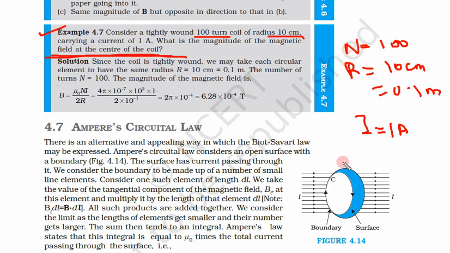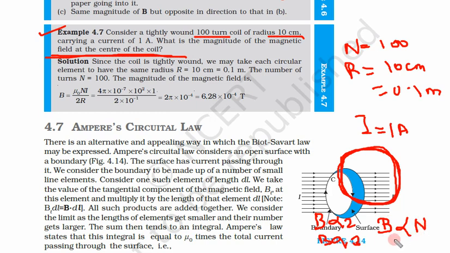So previously we had only one loop. In the case of magnetic field, if we increase the number of turns to 2, this magnetic field will also be doubled. If we have 3 loops, this magnetic field becomes 3 times. So simply the change in magnetic field is proportional to the number of turns. So magnetic field will be proportional to number of turns.